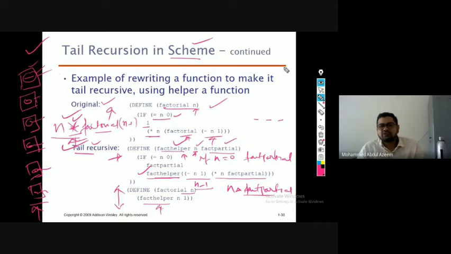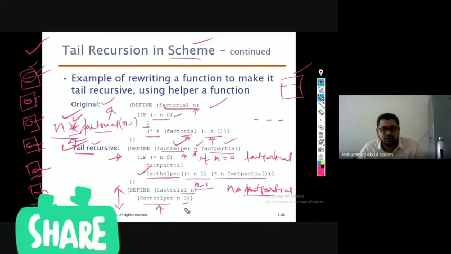So what happens here is you of course pass the values n-1 and n into fact partial, but these operations are going to be done during the call itself, right? You see, n-1 is going to be passed here, and n into fact partial. What is it that you sent at the initial time? It is 1, so the value will be substituted. When the value is available, you can perform the operation, yes or no? See, here you are unable to carry out the operation since the value is not available.